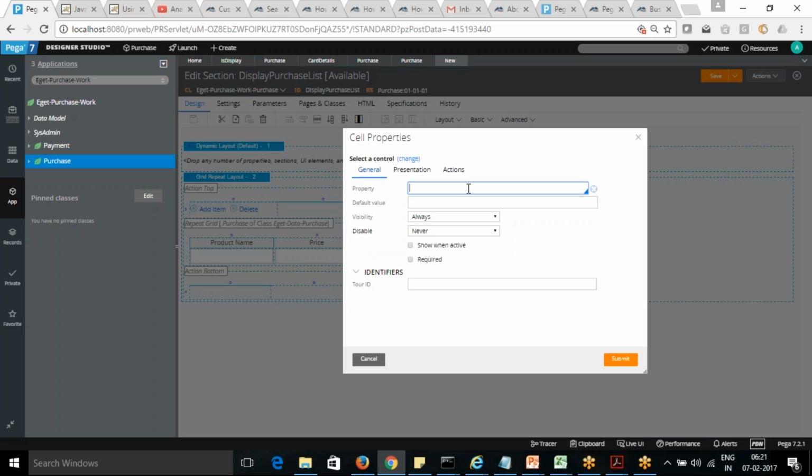I need to create a variable for that line item.